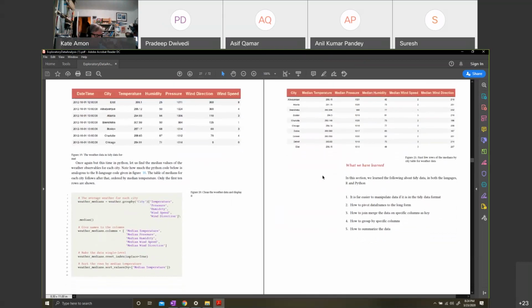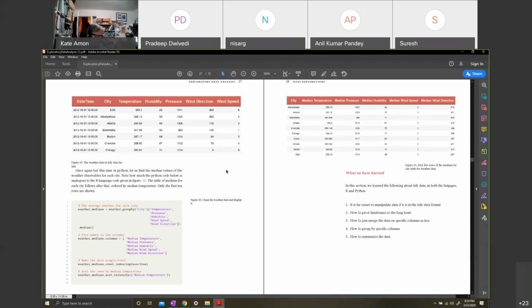Asif, one question. So in Python, we are actually just getting different CSVs for temperature, date, humidity, everything, right? But what if the table itself is already created, but it's in the byte format? How do we get it back in the tidy format, if it's not separate CSVs, and each of these things was already there?